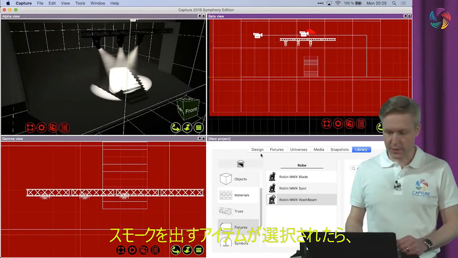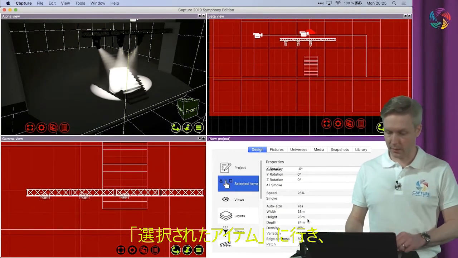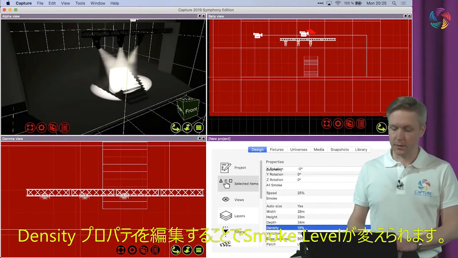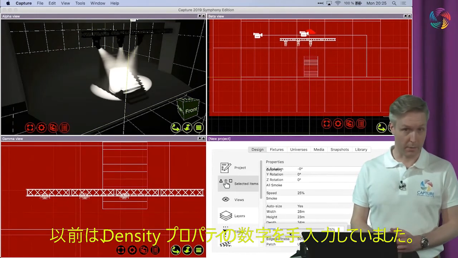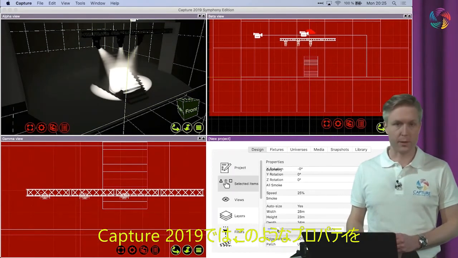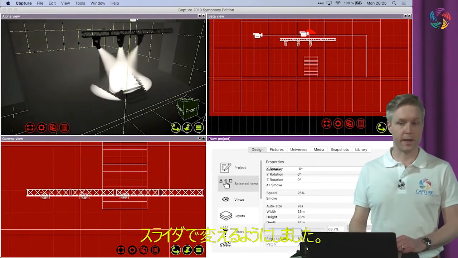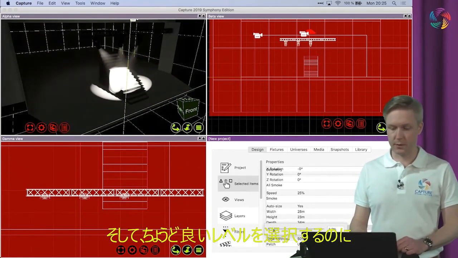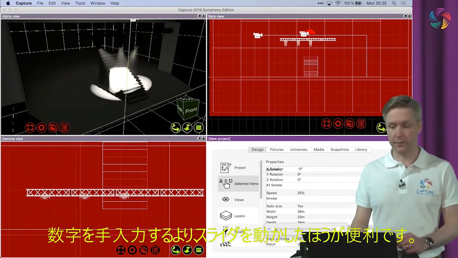Smoke levels are changed by going to the selected items when you have a smoke box selected and editing the density property. The density property used to be a text field where you could enter a number. With Capture 2019, we have replaced this type of properties with slider editing. This is obviously a lot faster, and if you're looking for that specific look, you are much more likely to take your time with a slider to find just the level you want